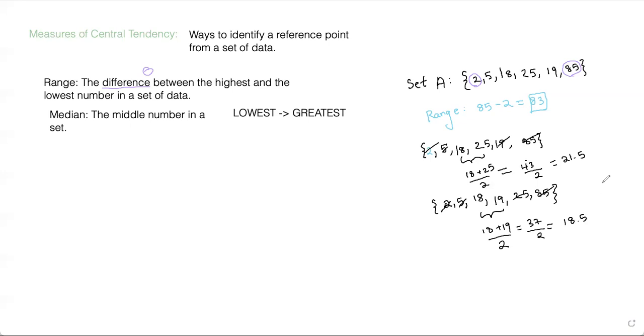That is a difference of almost 3. In data, this is basically an incorrect answer because you're 3 off from the right median. That's a lot. This is really important, guys, so please don't forget this: always order from lowest to greatest